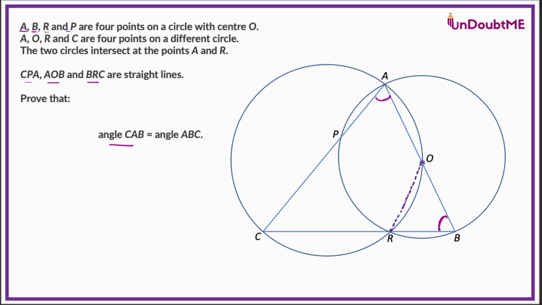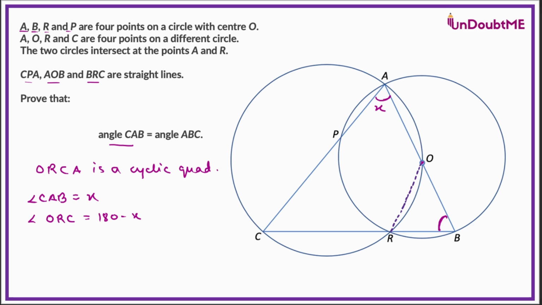Since we have joined OR, I can say that ORCA is a cyclic quadrilateral. Because of that, if angle CAB is X, we can assume it to be X, then angle ORC, look at the figure carefully, will be 180 minus X. The reason is opposite angles in a cyclic quadrilateral are supplementary. So 180 minus X. Now because of this, angle ORB